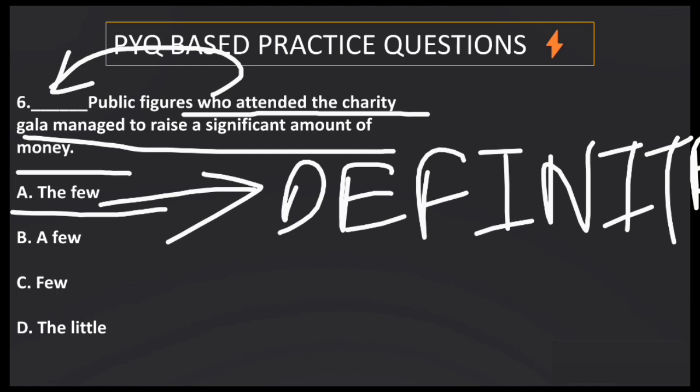So here we should use the few in order to express the particular group of public figures, which is definite and specific. The few public figures who attended the charity gala managed to raise a significant amount of money, and the rest of the options are incorrect here. The few is the correct option. Well, this was the main thing, how to understand the usage of these three quantifiers: few, a few and the few. Next is,